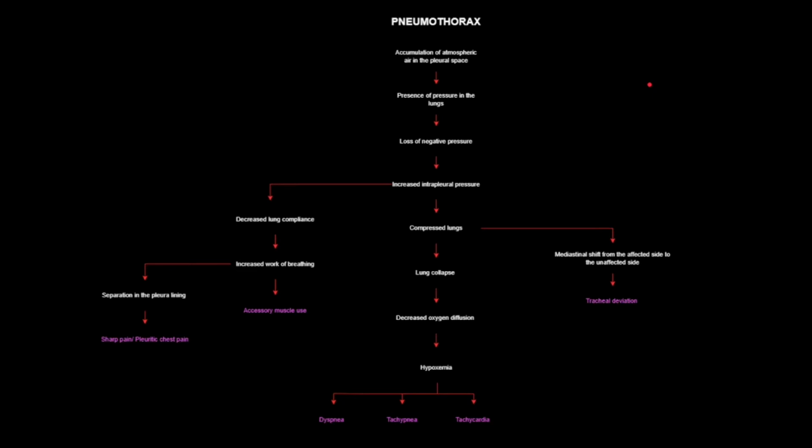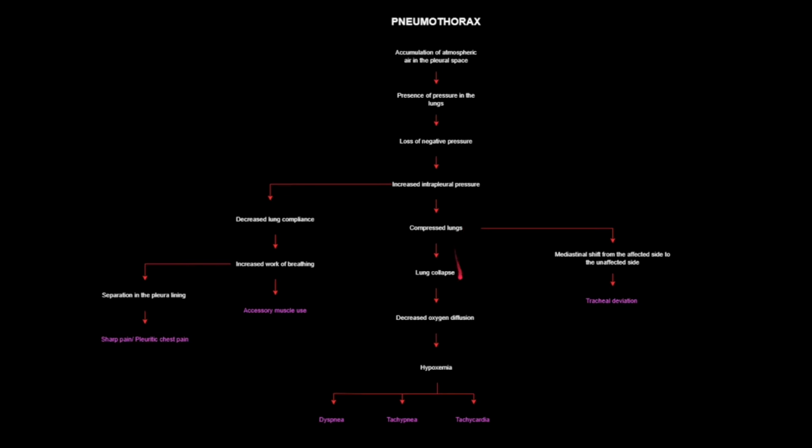In pneumothorax, the atmospheric air enters and accumulates in the pleural space. The presence of pressure in the lungs causes the loss of negative pressure. The intrapleural pressure is normally negative because of inward lung and outward chest wall recoil. The loss of negative pressure will lead to increased intrapleural pressure. When there is increased intrapleural pressure, it will start pushing towards the intrapulmonary pressure that will compress the lungs and